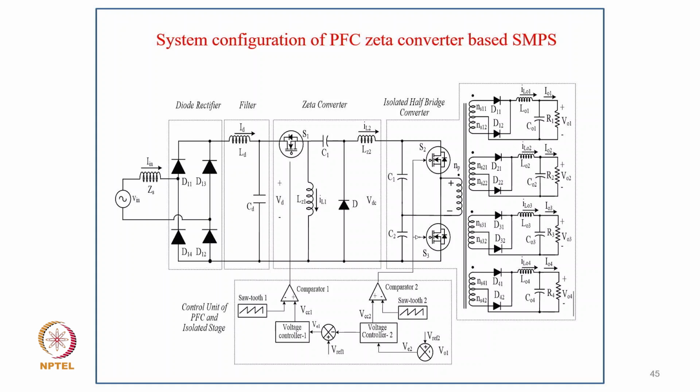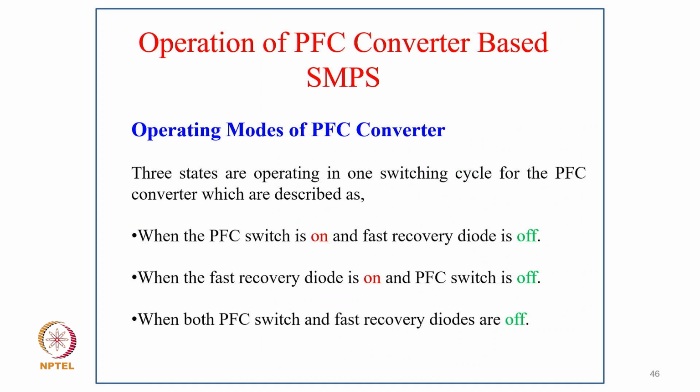So you have many options in switch mode power supply, which can give you what you can call a retrofit solution, where across the half bridge the VDC output can be regulated at 300 volt, equivalent to what the conventional power supply gets from the diode rectifier, even when the input supply varies over a large range. So it gives a regulated output DC voltage. Apart from that, it gives inherent power factor correction without sensing input voltage and input current, which is a novelty here. So now coming to the operation of the power factor correction converter based switch mode power supply.